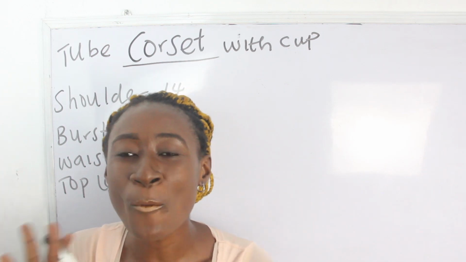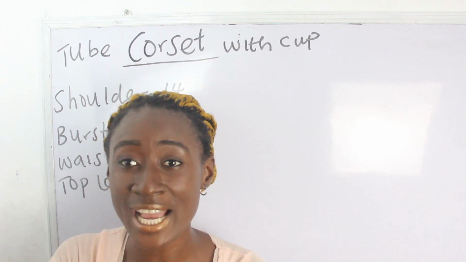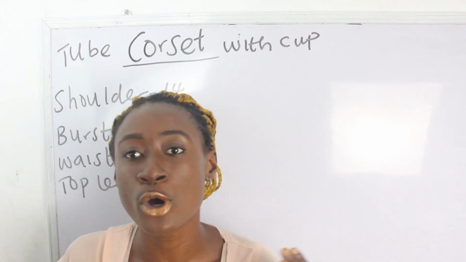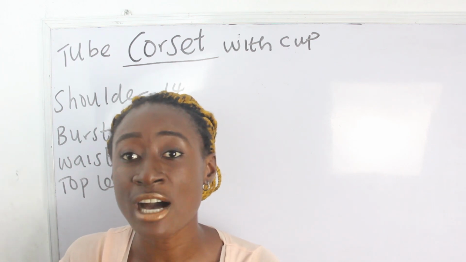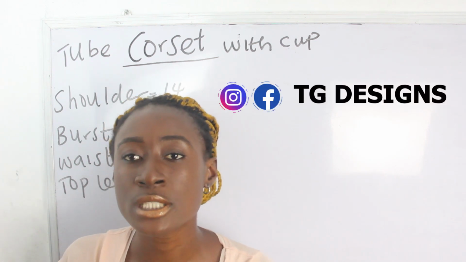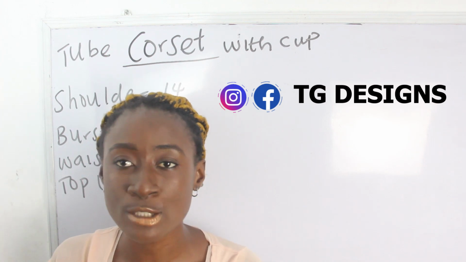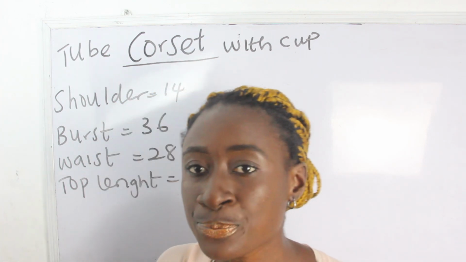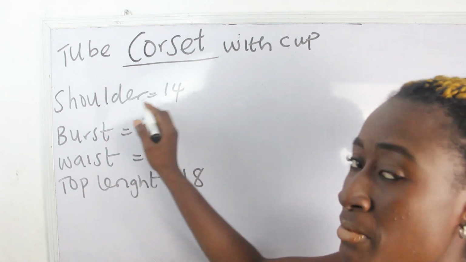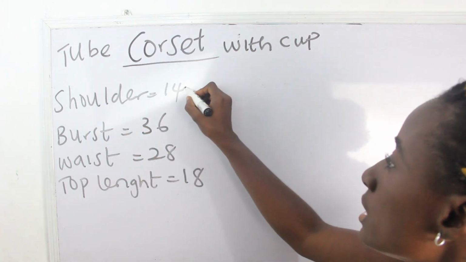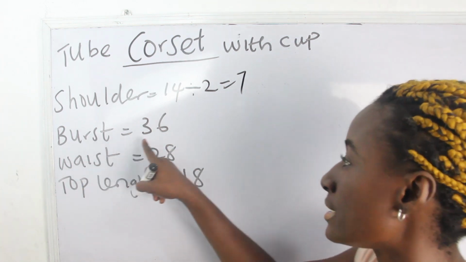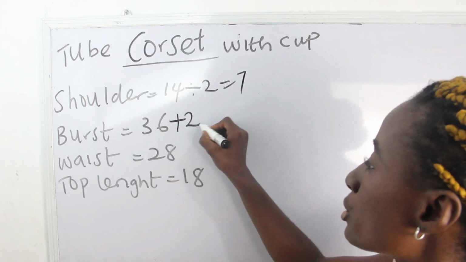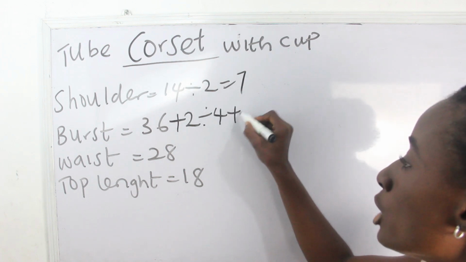Okay, so what are the basic measurements required in order for you to achieve your tube corset? Now we need our basic measurements, which are our shoulder measurement, bust measurement, waist measurement and our top length. Our shoulder measurement is 14. We have 14 divided by 2, we have 7. Our bust is 36. 36 plus 2 divided by 4 plus 1,